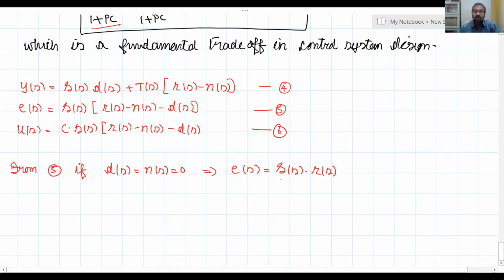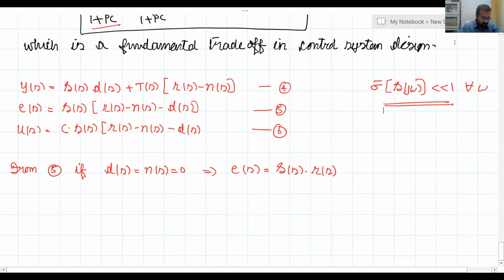Sensitivity being small has no meaning from now on, since we have seen norms and discussed singular values. There is no point in saying sensitivity should be small. Instead, you should say the maximum singular value of the sensitivity function must be less than 1 for all frequencies omega. If you want to have a small tracking error and hence a good tracking, what do you mean by good tracking? Faithful tracking or good tracking means the output should entirely follow the input signal, and that can happen only if the error signal E of S is 0. So to make the error as small as possible, what's the condition? The maximum singular value of the sensitivity function should be very much less than 1.